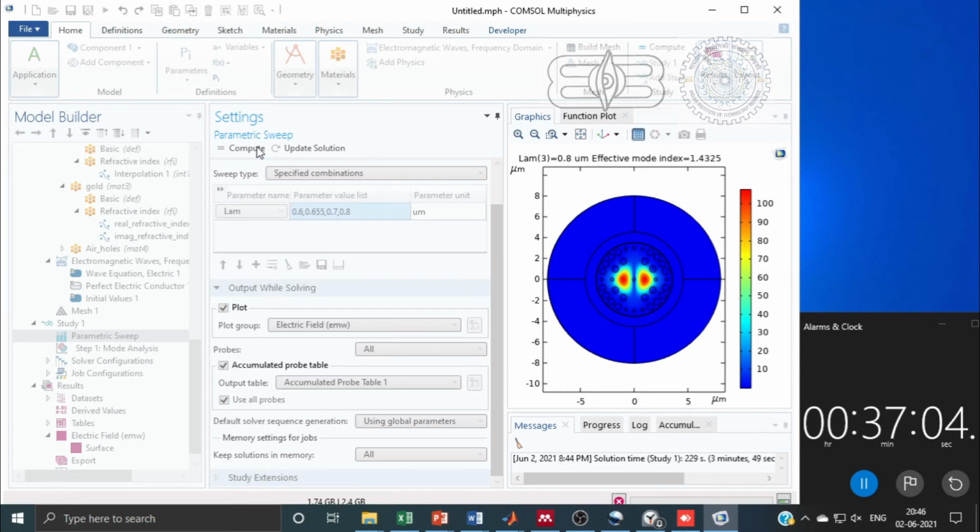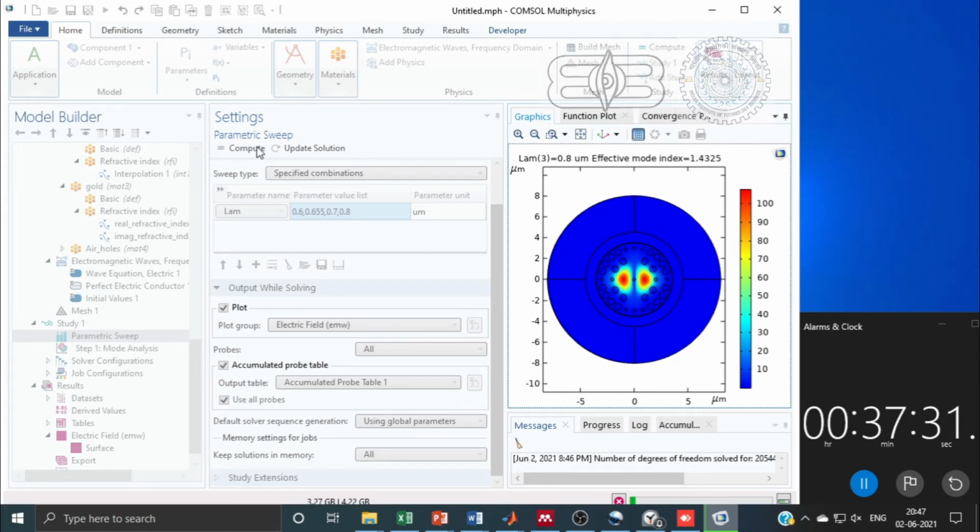I'm adding one more wavelength because the resonance wavelength is not present. So I have added 0.655 and I will compute it again, it will take some more time. When it is over, we can see at 0.655 the resonance effect.